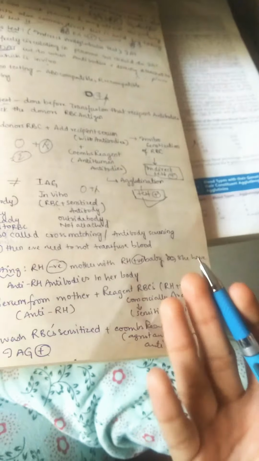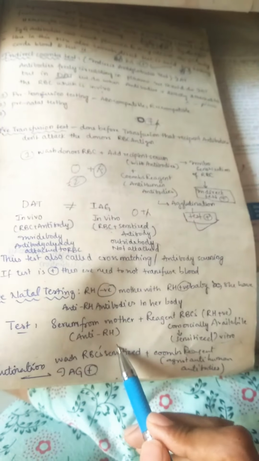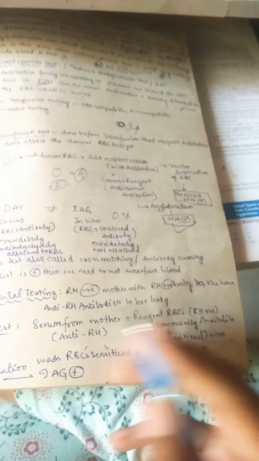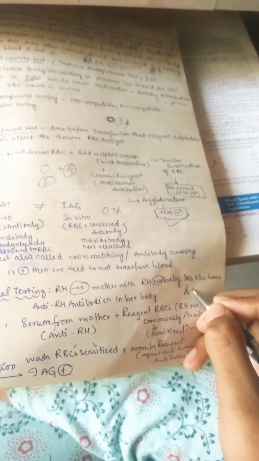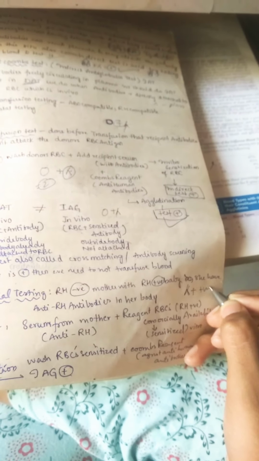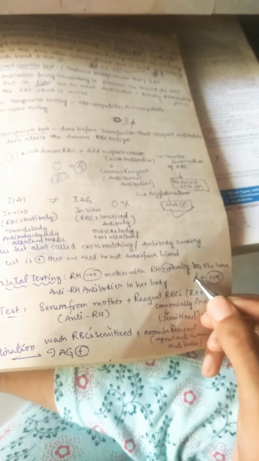This is a prenatal test, which means the serum is taken from the mother with the anti-Rh, and here we have Rh positive cells. The anti-Rh antibodies are taken from the mother, and we are taking the positive cells. Here we are not using the baby's cells directly, we are taking commercially available Rh positive cells. So here agglutination of course takes place. Here the indirect test will be positive because this antibody now goes and